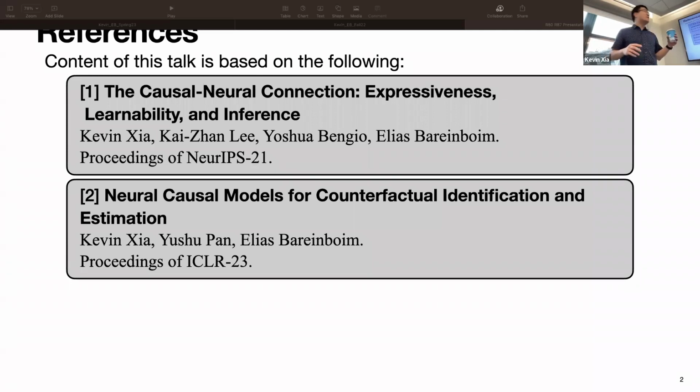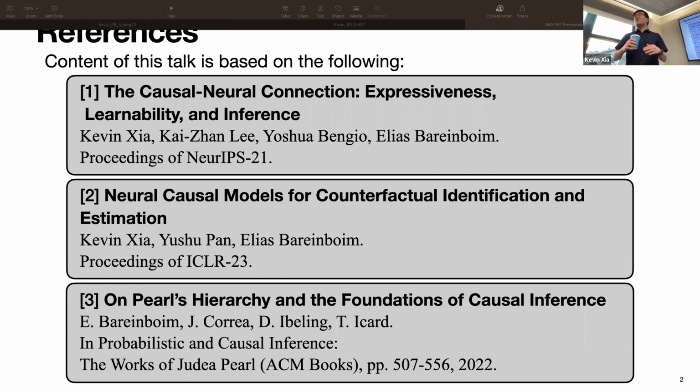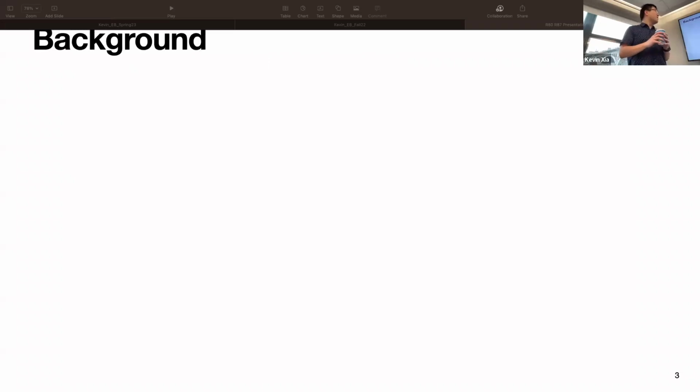And this one is an extension of the previous work that greatly generalizes all of the content and reaches over into not just causal domains, but also counterfactual quantities. And then finally, the third work isn't really related to neural models. It's on Pearl's hierarchy and the foundations of causal inference. This one sets the foundations in causal inference for what I'm going to be talking about here today. So before we dive into the details, let's talk a little bit about the motivation of